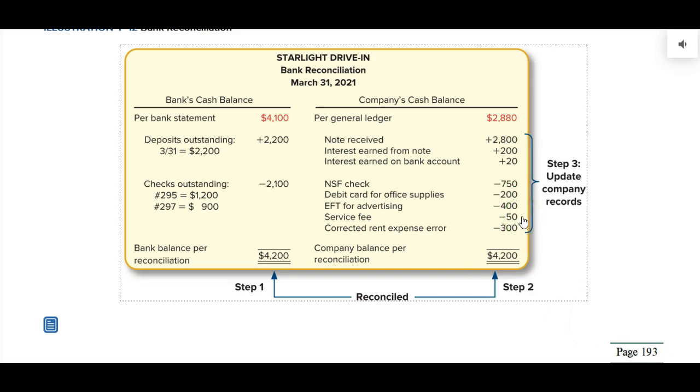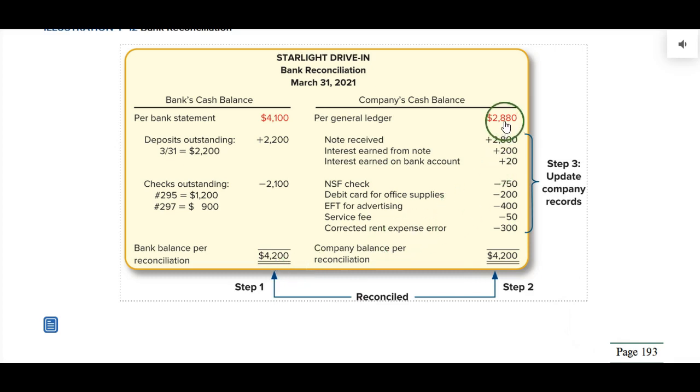The electronic fund transfer for advertising, sent from us to the ad agency directly. They charged a service fee, and then here's an error. Since we wrote the check in our books for only $2,600, and it was really $2,900, we had that $300 error that we identified earlier. That's our mistake. We need to reduce our cash balance in our books by $300. After you make all these adjustments, we come up with $4,200. It matches, so this is reconciled. So this must happen every month. Start with the bank balance, reconcile it for items that we know about, the bank hasn't recorded, get a certain amount, a certain total here.